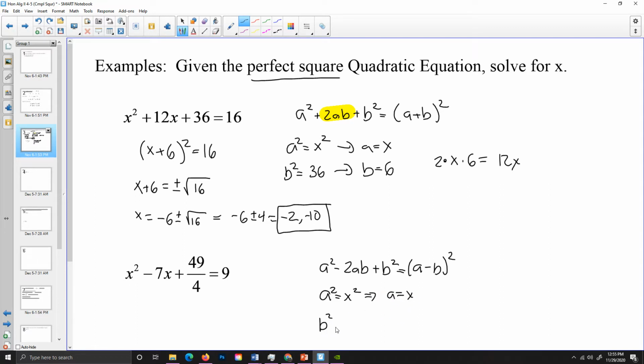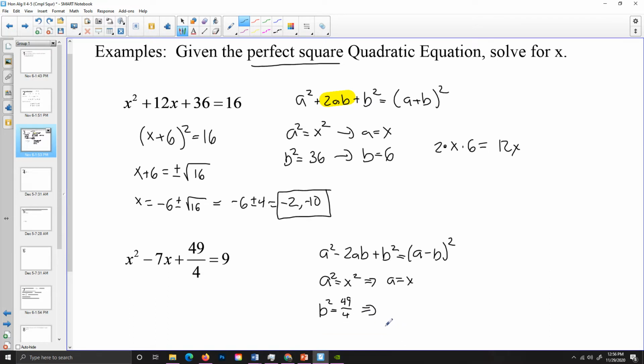The b squared value is a little bit more challenging. It's 49 over 4. Well, 49 and 4 are both perfect squares, so if I take the square root, I'll get 7 over 2. And again, I feel confident in that because if I go 2 times x times 7 over 2, I will get 7x, which is this expression right there. So I feel confident that this expression is going to be x minus 7 over 2 squared